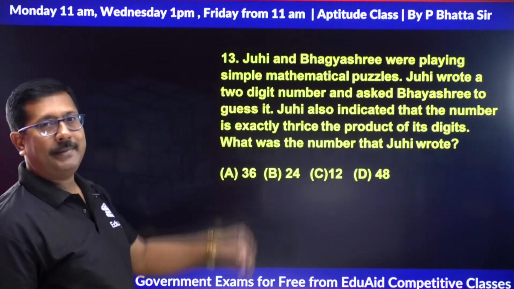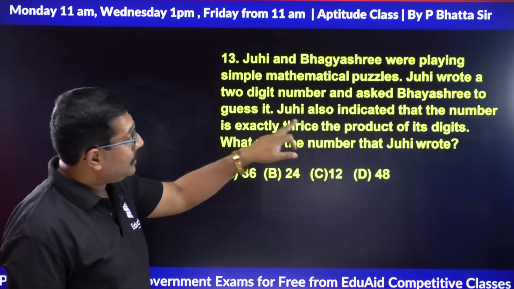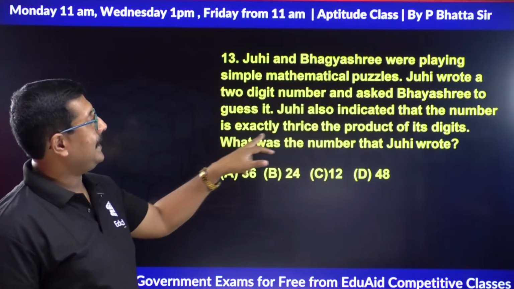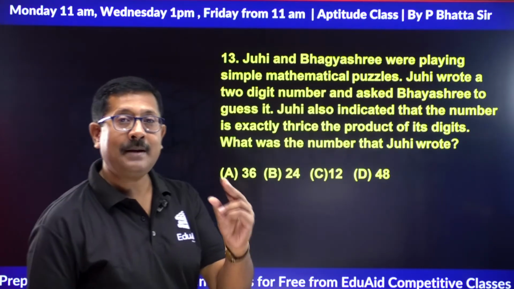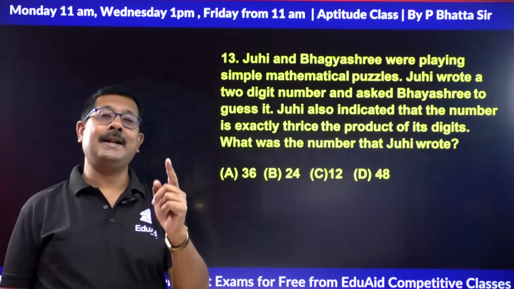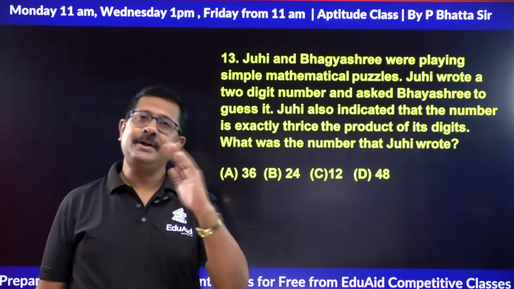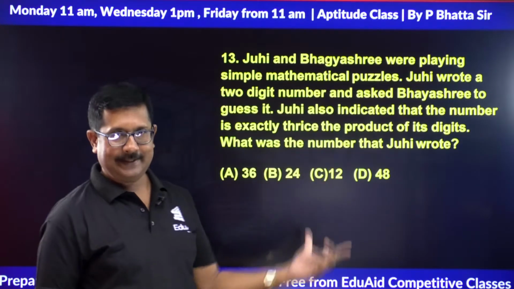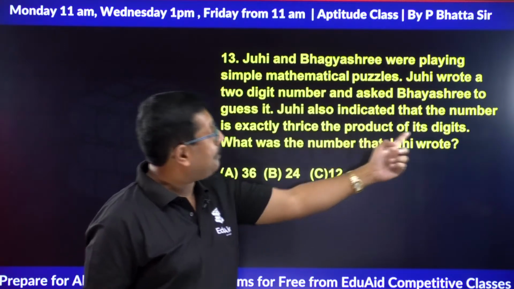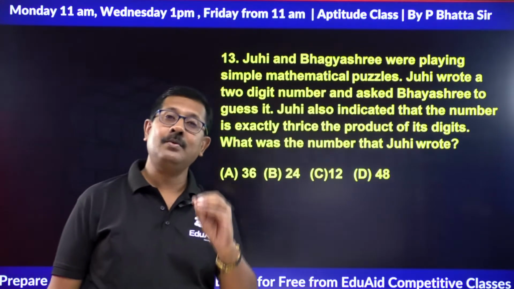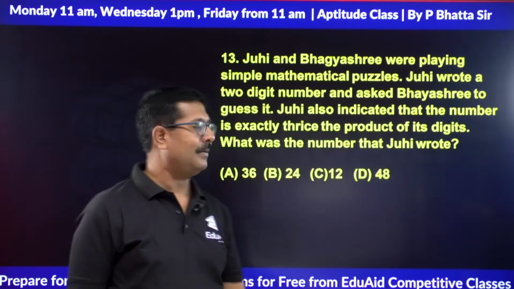Juhi wrote 2-digit number. গোটেই কিটা 2-digit number দিয়া আছে. And asked Bhagyasri to guess it. Juhi also indicated that the number is exactly thrice the product of its digits. তাৰমানে নাম্বাৰ এটাৰ ডিজিট দুটা যদি মাল্টিপ্লাই কৰো, মাল্টিপ্লাই কৰি যেটো ৰিজাল্ট পাম তাক 3 গুণ কৰিলে সেই নাম্বাৰটোৱে পাম যেটো জুহিয়ে লিখিছে। নাম্বাৰ ইজ exactly thrice the product of its digits. তাৰমানে নাম্বাৰটোৰ ডিজিট দুটাক মাল্টিপ্লাই কৰি যেটো ৰিজাল্ট পাও তাক 3 টাইমছ কৰিলে নাম্বাৰটো পাও। সো আমি অপচন এপ্লাই কৰি চালে হল।